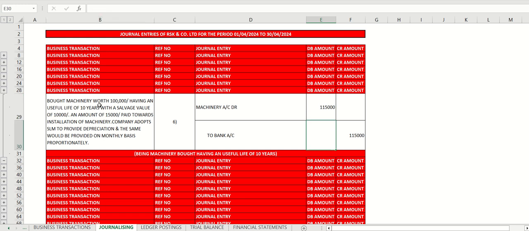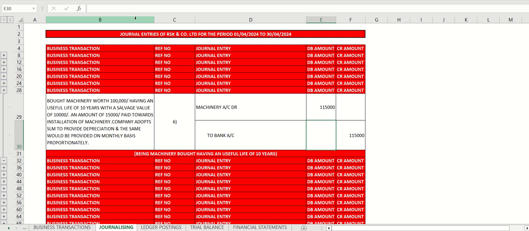The amount paid to acquire the machinery is 1 lakh, and the amount paid towards installation is 15,000. So the total amount shown against the machinery is 1,15,000. I have updated the consolidated or lump sum amount. Let me give the breakup: 1 lakh plus